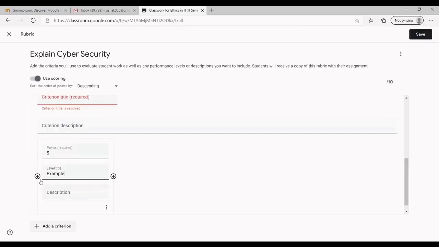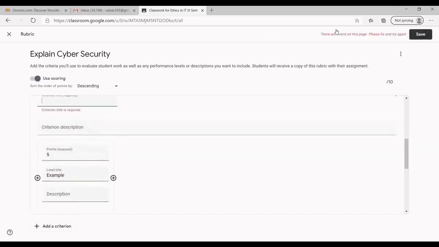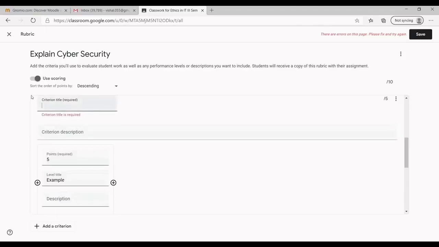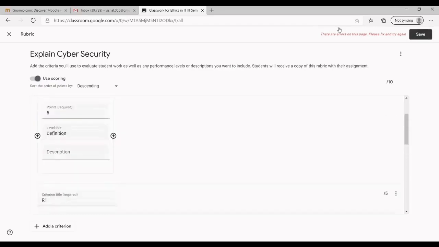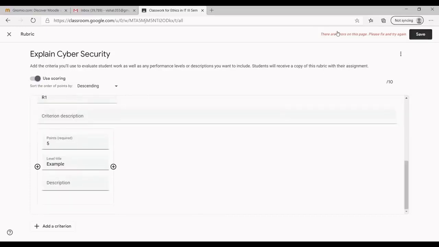Again I will click on criteria. Once I am done, I will click on the save button at the right corner. I need to give a name to my rubric, so I have given R1. And R2. So I will click on save.